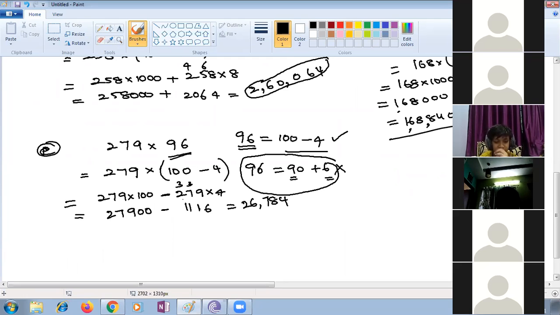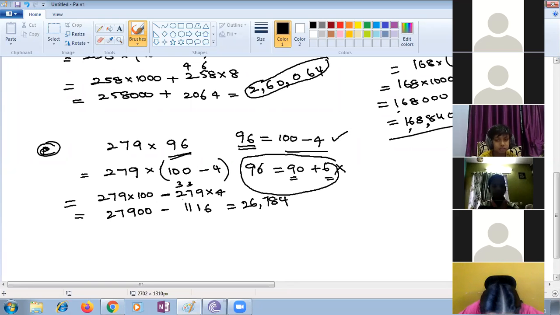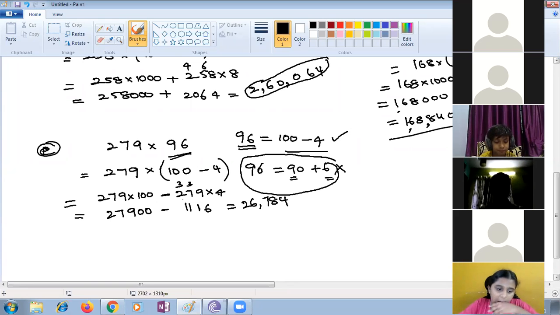Ma'am, can you repeat the question? Yeah, I will repeat. A taxi driver filled his car petrol tank with 40 liters on Monday. The next day, Tuesday, he filled with 50 liters of petrol. Ma'am, should I tell the answer? Wait a minute. If petrol cost is 44 per liter, how much did he spend on the petrol? That is the question.